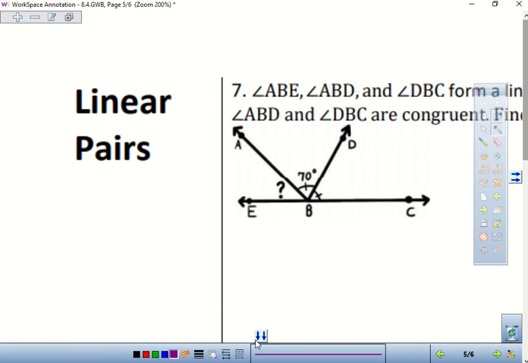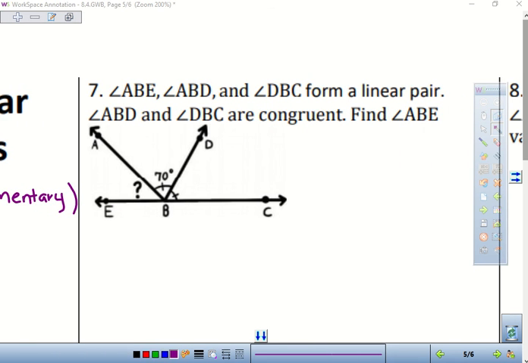Now we're gonna talk about linear pairs. So, linear pairs are supplementary. It's 180. So it says here angle ABC. Wait, what did you put under linear or whatever? Hey, I just wrote supplementary. So angle ABE, angle ABD, and angle